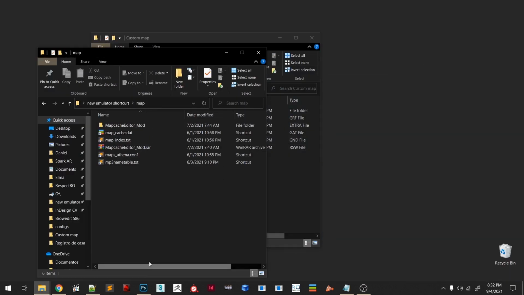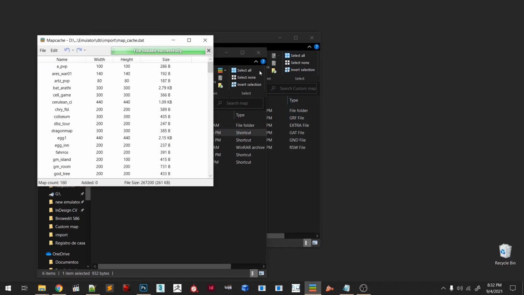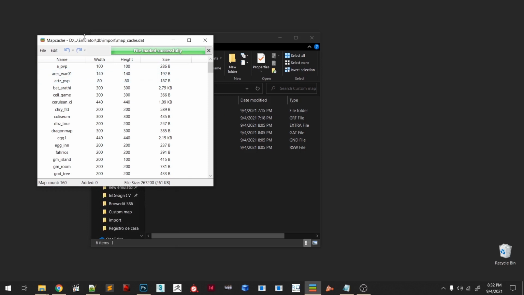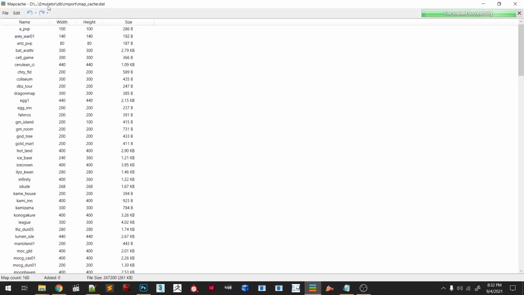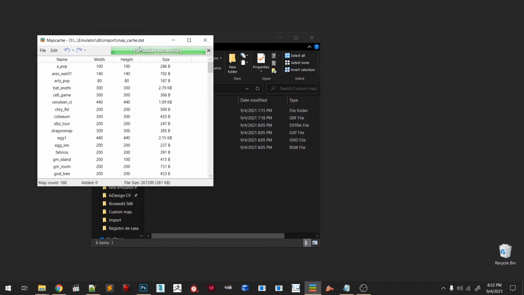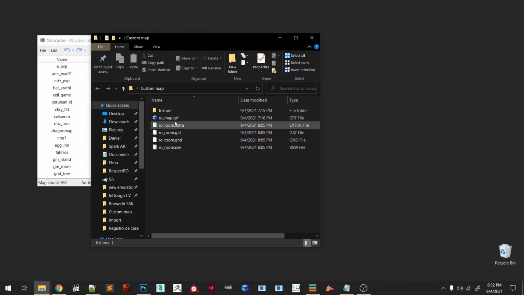And the last thing we want to do is to open the map cache file right here. This is gonna be in your emulator, db, import, mapcache.dat in the import folder, remember, and we want to drag the RSW here.